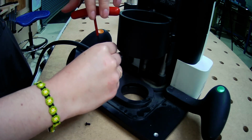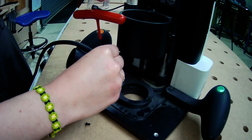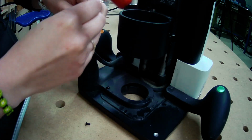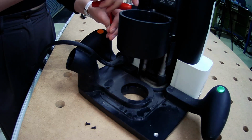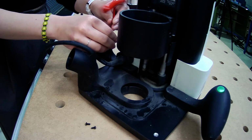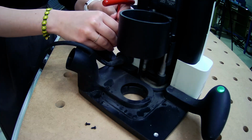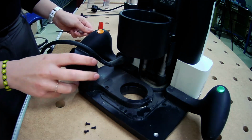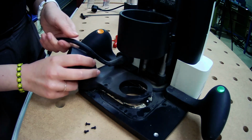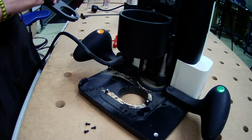It's going to keep bumping into the spindle, but that's okay. That's 2. And then this one's the easier one. And yep, that's 3. So we'll remove this port, unhook it from the cable, and this is a good time to